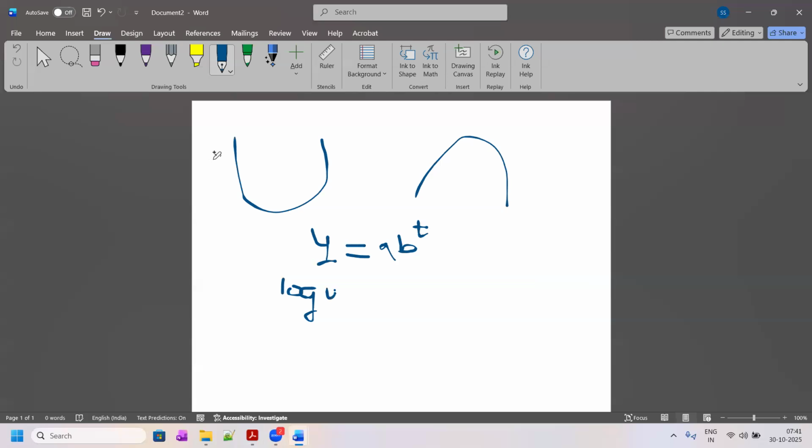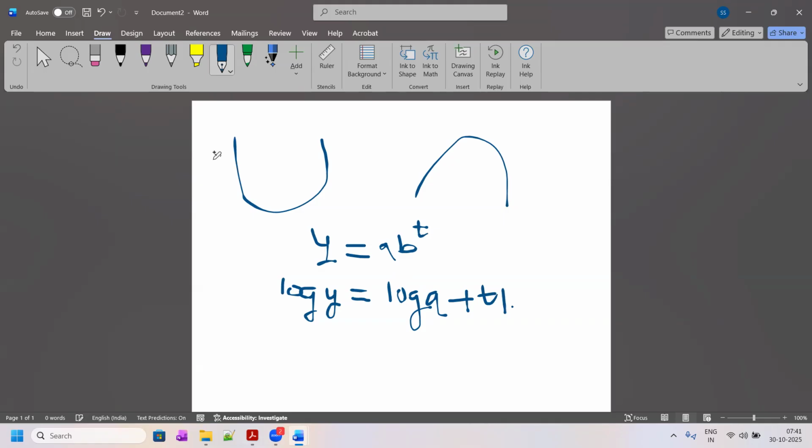Because whenever you take the log of a number with a power, the log brings the power down to the front. So you get log y is equal to log a plus, the t is in the power, so it becomes t